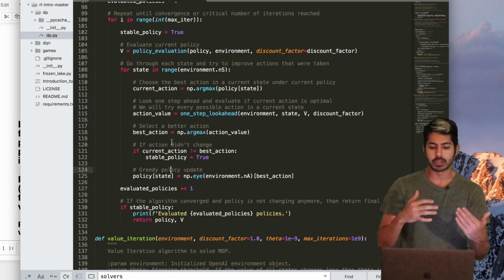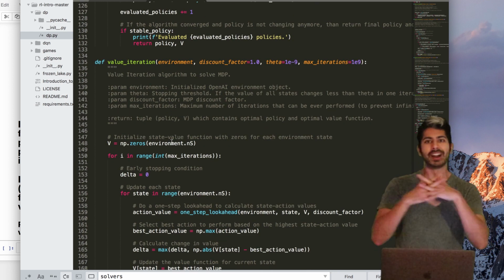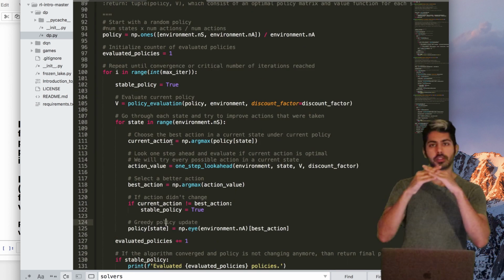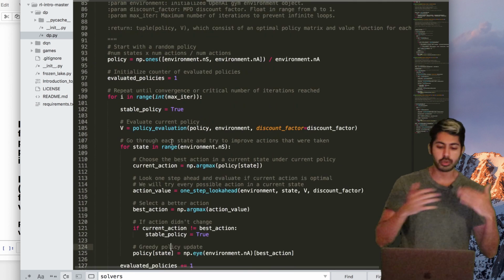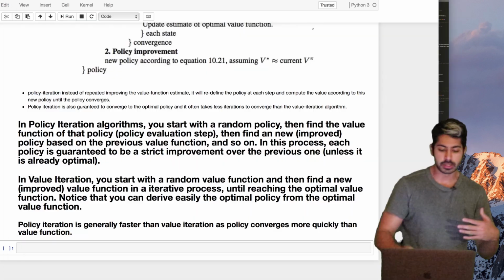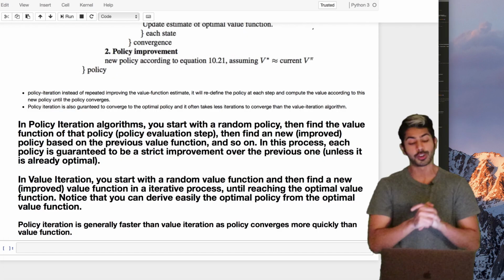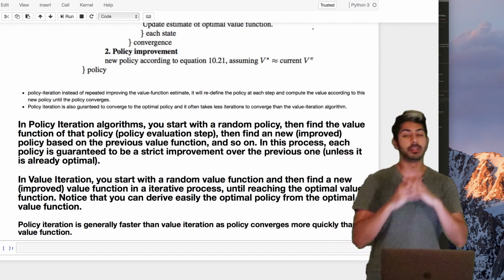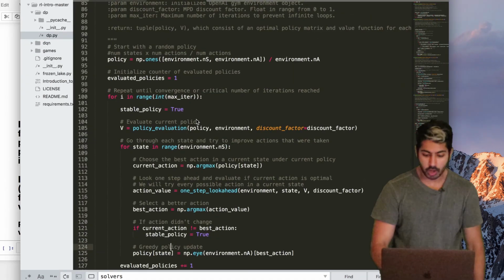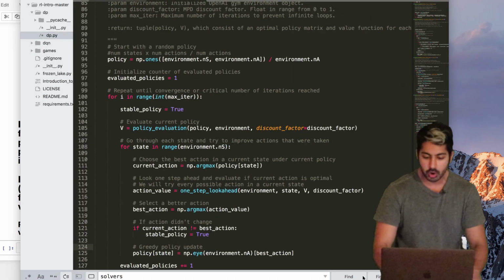So that's a difference here. Value iteration is focused on the value function first and foremost, whereas policy iteration is more focused on the policy first and foremost. And there are two differences. Sometimes one works better than the other. Generally the policy iteration algorithm is faster, but you've got to try out both, right? And both of these are examples of dynamic programming. And these are model-based methods, if our agent knows what the